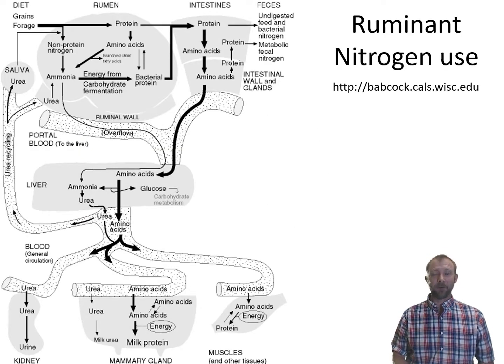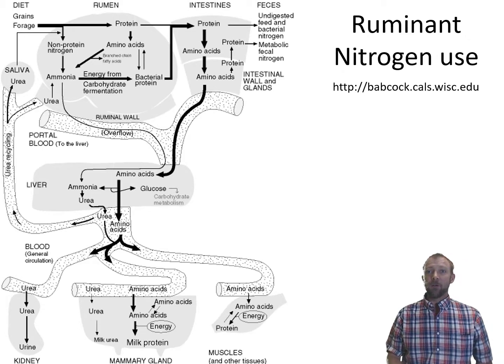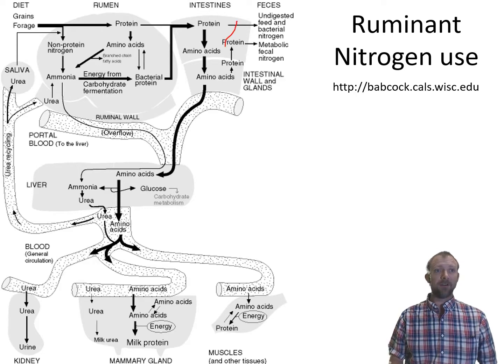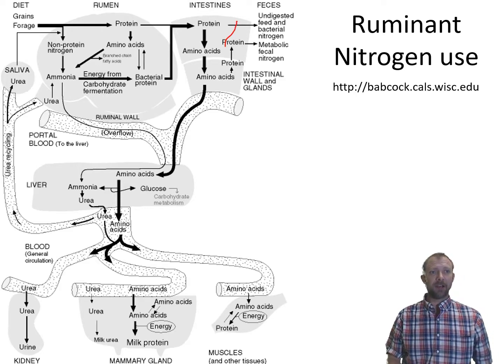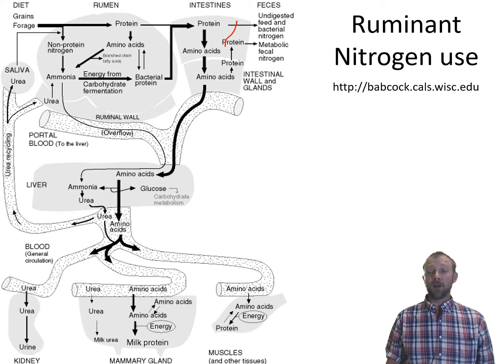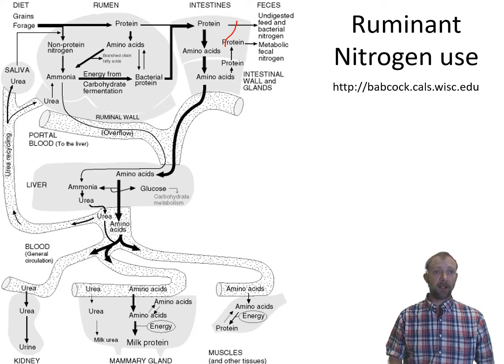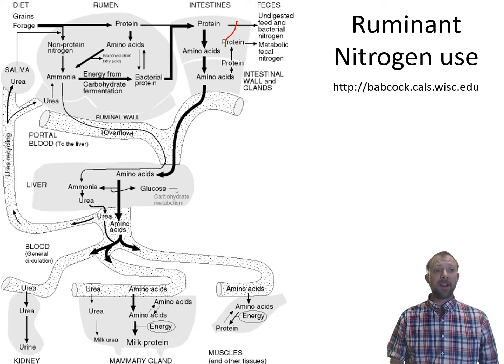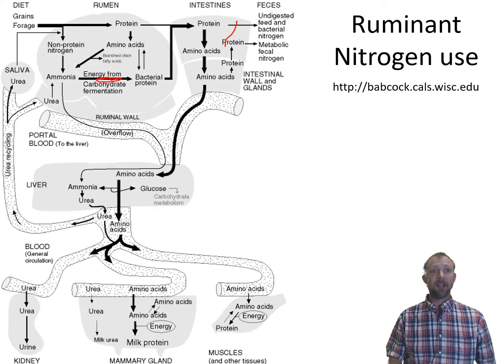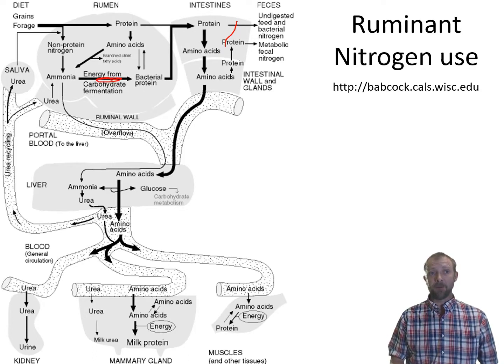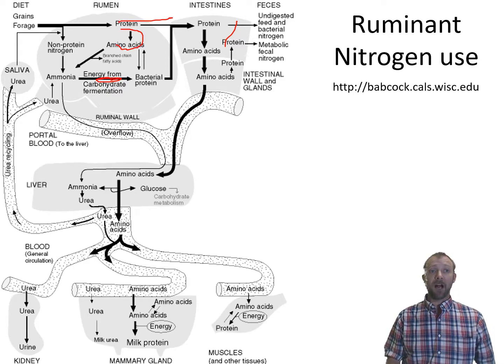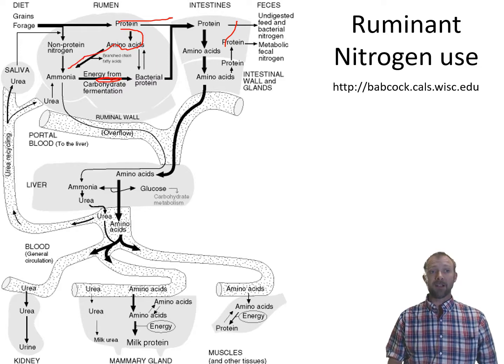Here's this diagram again. Now this time it's with ruminant nitrogen use, and again, one of the things we have to be aware of, I've kind of alluded to this already, is that we get the nitrogen from grains and forages. We can also get what's called non-protein nitrogen. Again, the bacteria can use non-protein nitrogen, which gets broken down to ammonia. And then if the energy is available, the bacteria can grow and we can get bacterial protein. The protein itself, some of it will escape the rumen and go directly to the intestines, and some of it will be broken down by the rumen microbes, either back into ammonia or into bacterial protein.